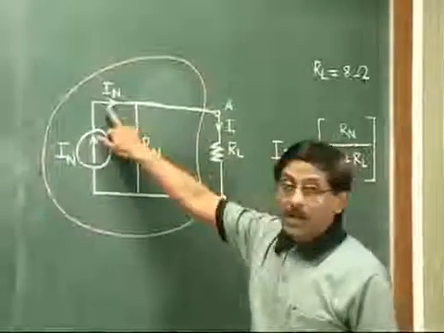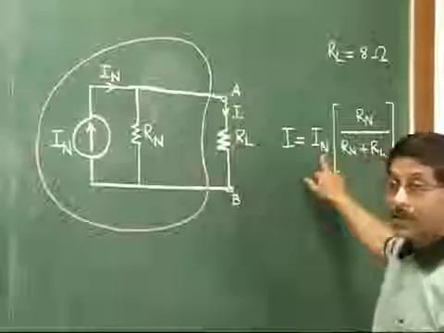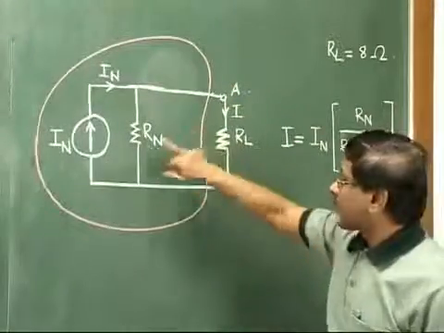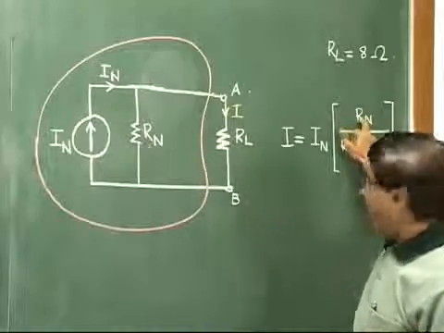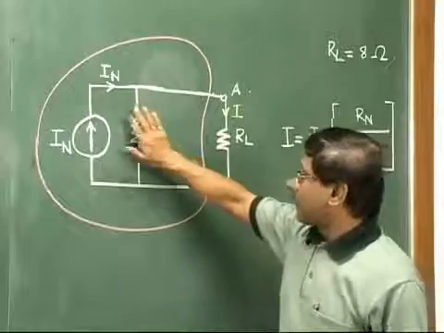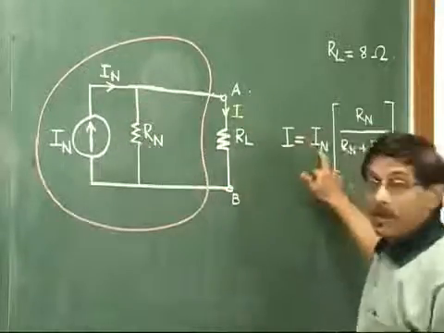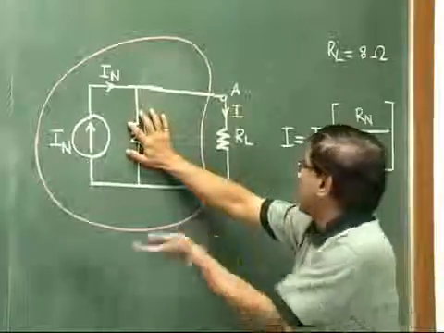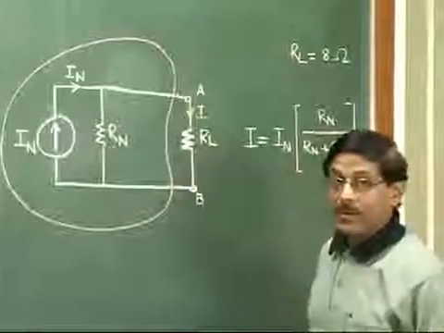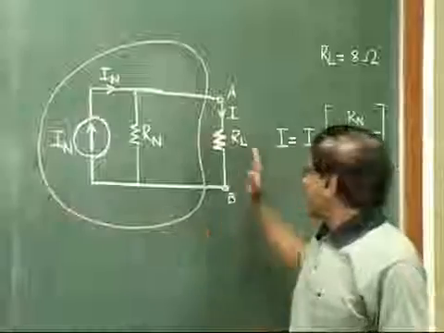The total current coming towards the parallel combination is IN, so IN is written here. But if we want current in this resistor, then you take the other one in the numerator and the sum of the 2 in the denominator. If suppose we want to calculate current in this RN, then we have to do one change, that IN will be the same like this, but now you take this RL in the numerator and then the sum of the 2 in the denominator. But here in the theorem we are just concerned with the current